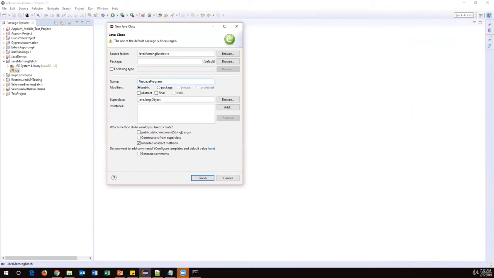These are the naming conventions. Whenever you are creating a class, we have to follow these rules. Class name should start with an uppercase letter. Class name should not have any spaces, and should not contain any special characters except the underscore. Suppose I want to write First_Java_Program, this is possible. But other than this, symbols like at, hyphen, plus or equal to are all special characters. They are not allowed. So make sure you give the class name properly. So FirstJavaProgram, and then click on Finish.